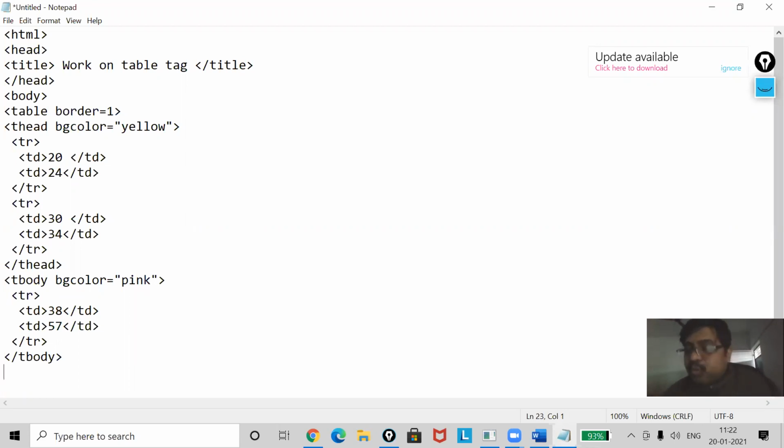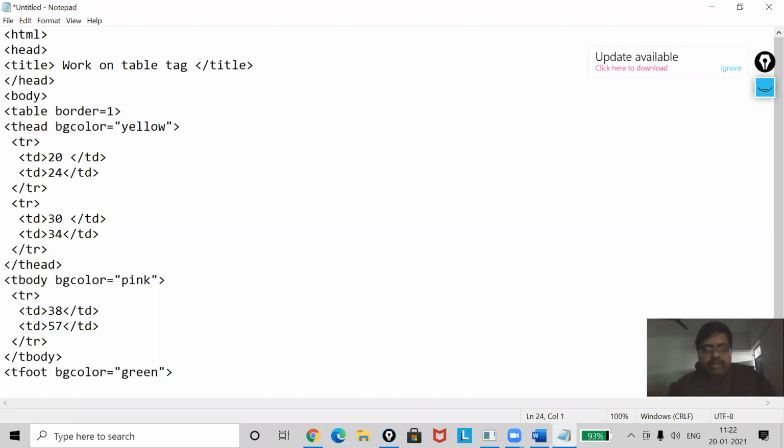Now it's time to work on tfoot. So here in tfoot, I want to have 2 rows. So here I will use tfoot. Now what color you want to specify? I want to have the basic color as green. Okay.